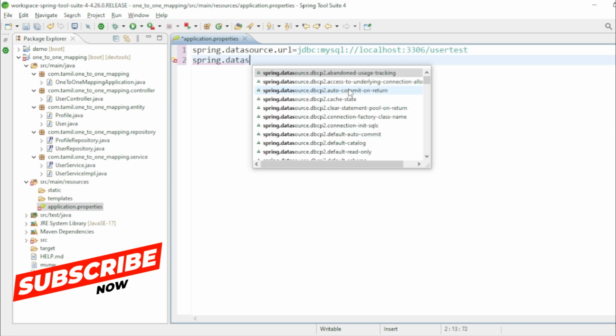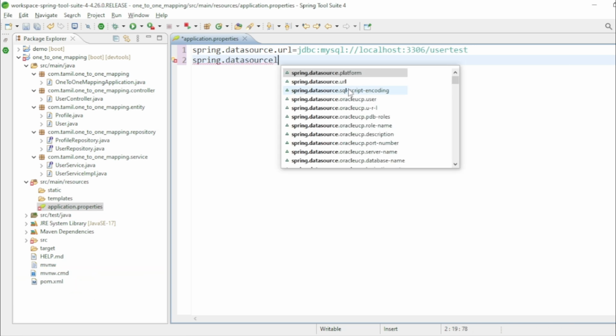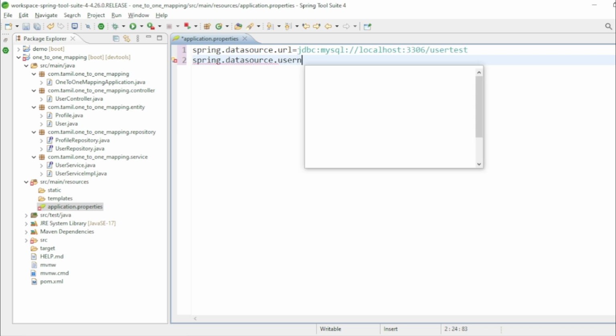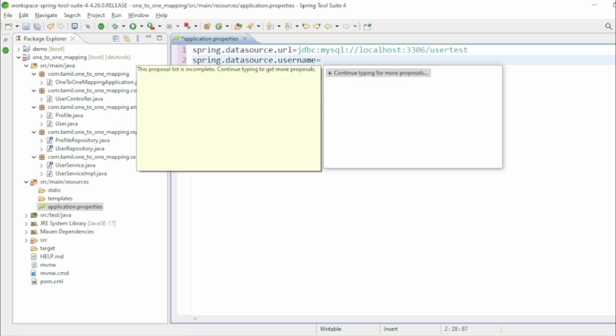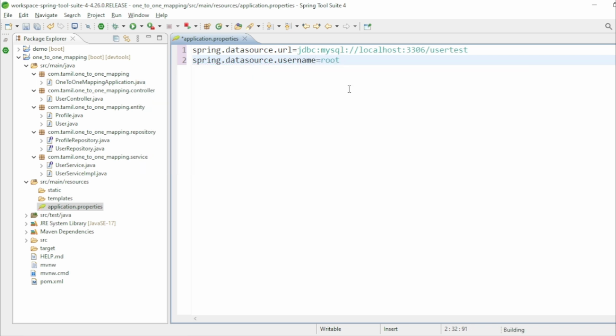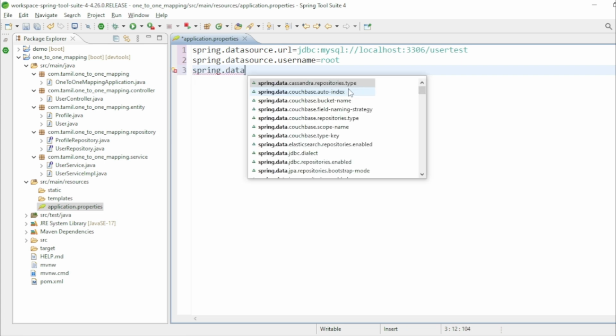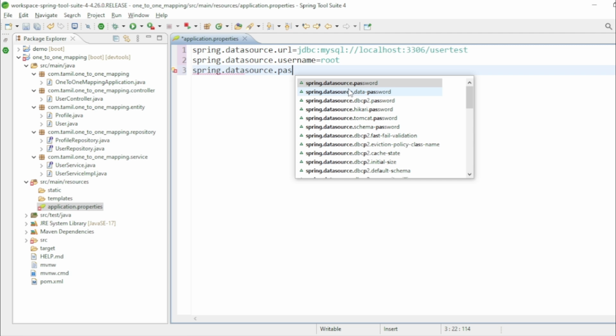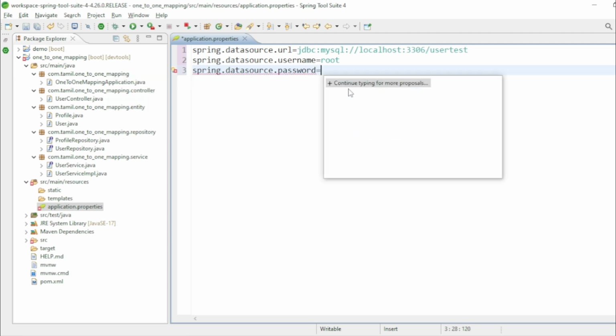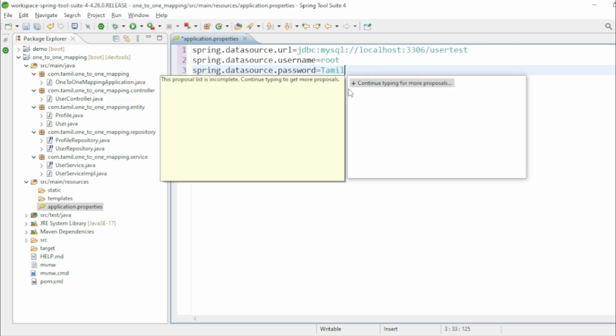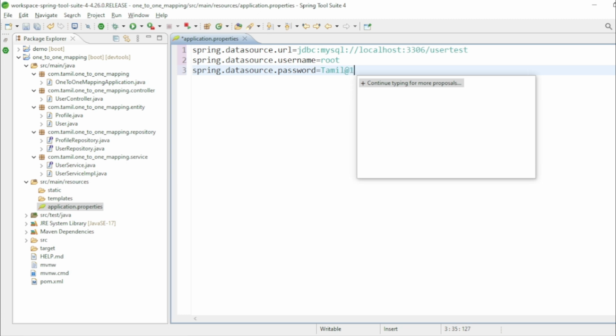Data source dot username equal to, so I'm given the username is root, and same spring dot data source dot password. I'm given a password as summer at 123,